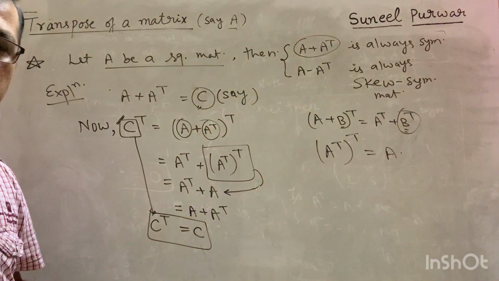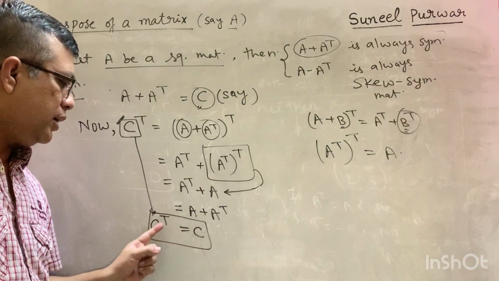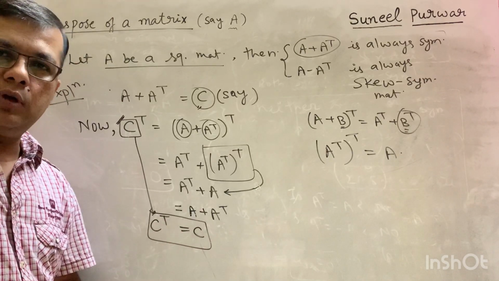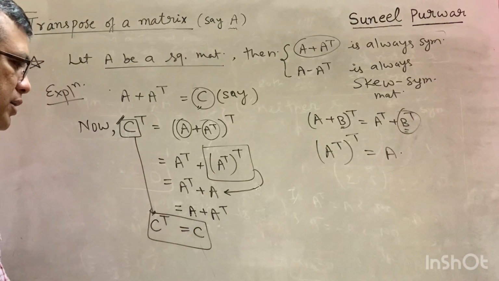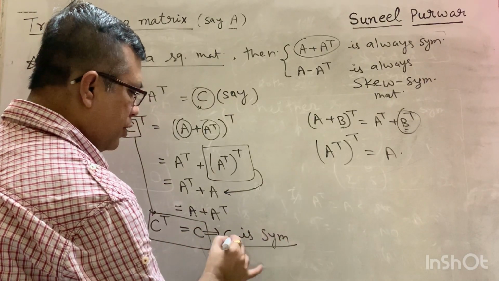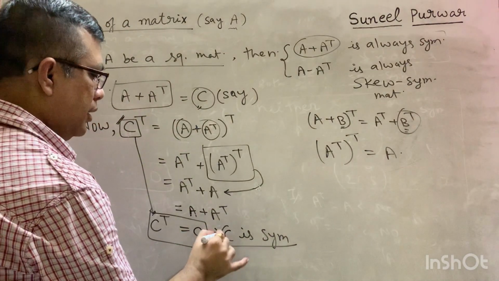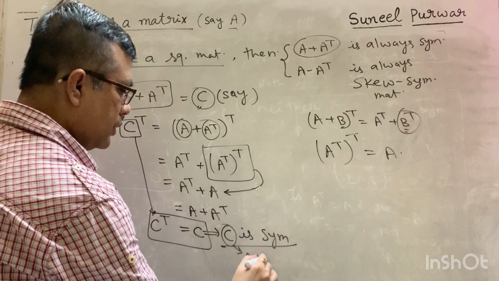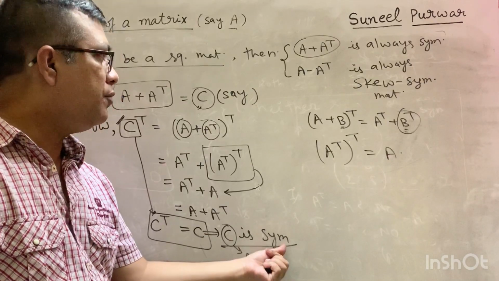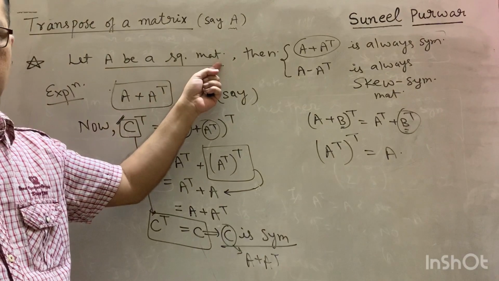यानी ये क्या है? मैट्रिक्स C इज सिमेट्रिक. यही तो सिमेट्रिक मैट्रिक्स की डेफिनेशन थी कि अगर C का ट्रांसपोज C के इक्वल आ जाए, A का ट्रांसपोज A के इक्वल आ जाए, तो A को क्या बोलते हैं? सिमेट्रिक मैट्रिक्स. तो यानी C क्या है? सिमेट्रिक मैट्रिक्स. Implies C is symmetric. And what was C? C was nothing but A plus A transpose. C का मीनिंग क्या है? A plus A transpose. So that's what the statement was. A plus A transpose is always symmetric, provided A is a square matrix.